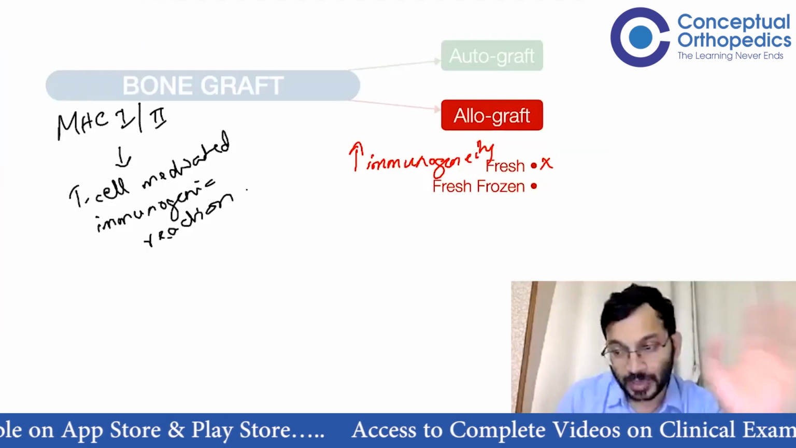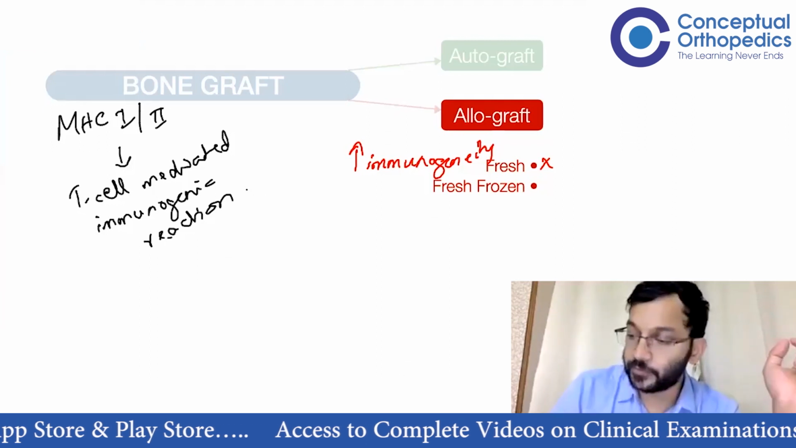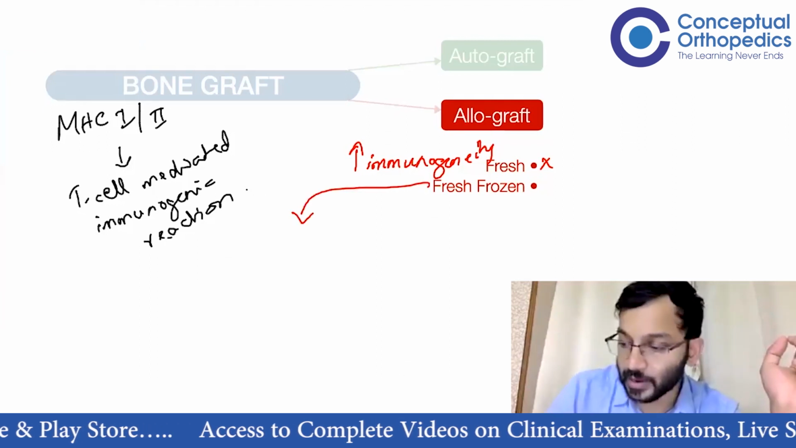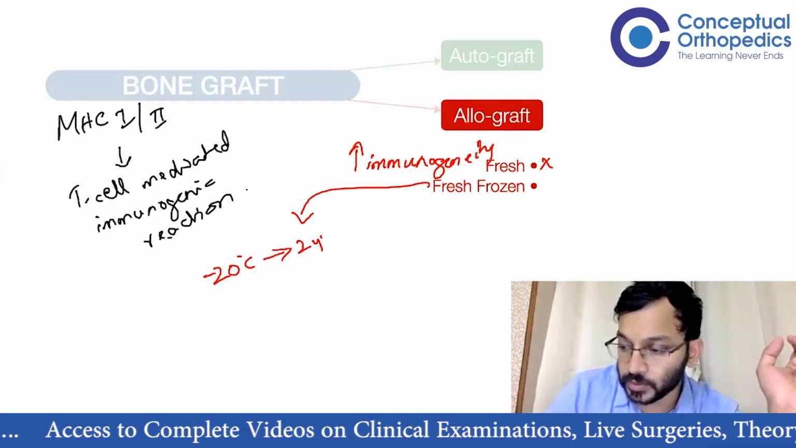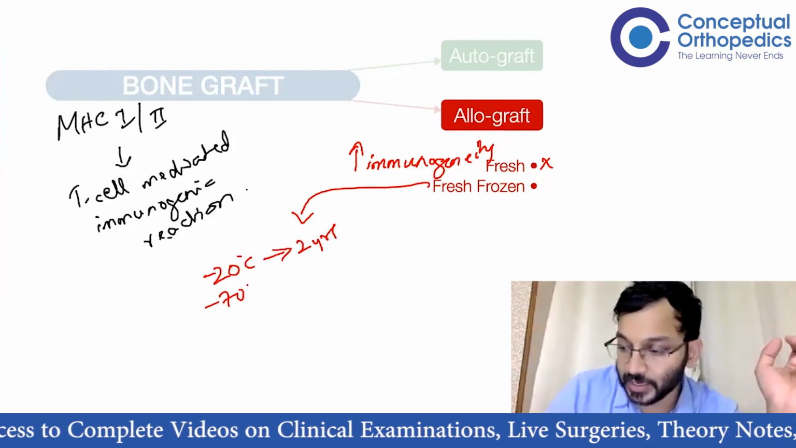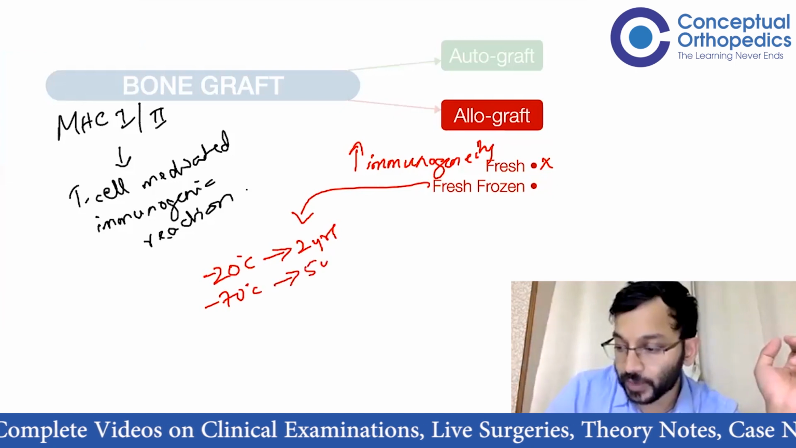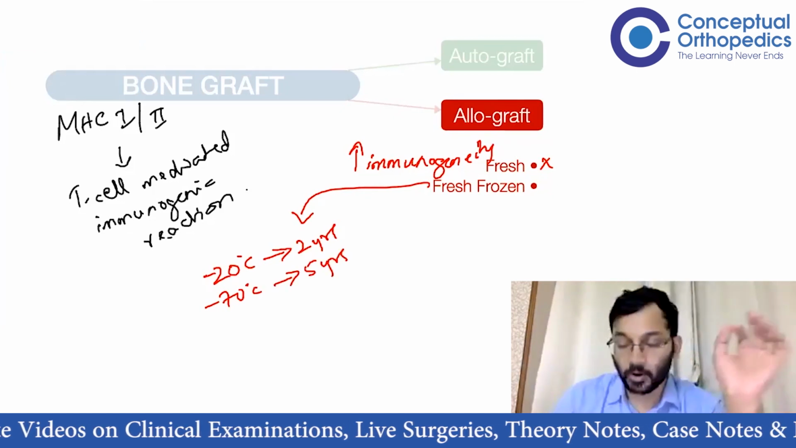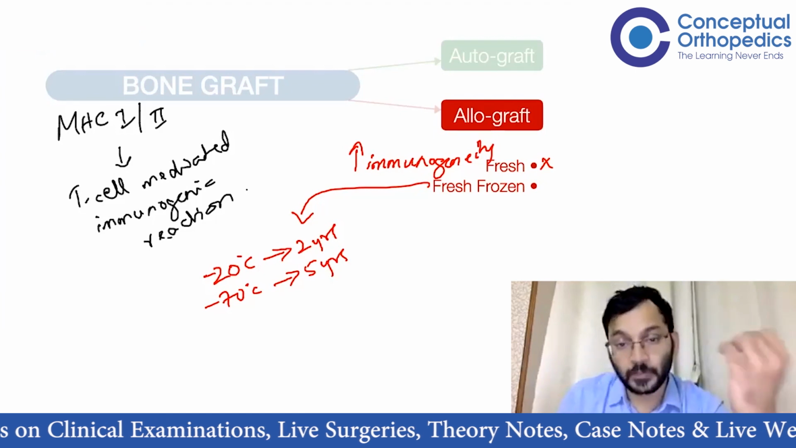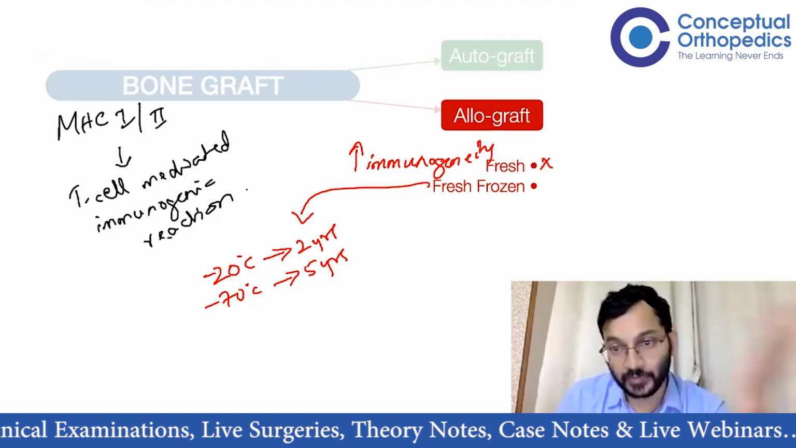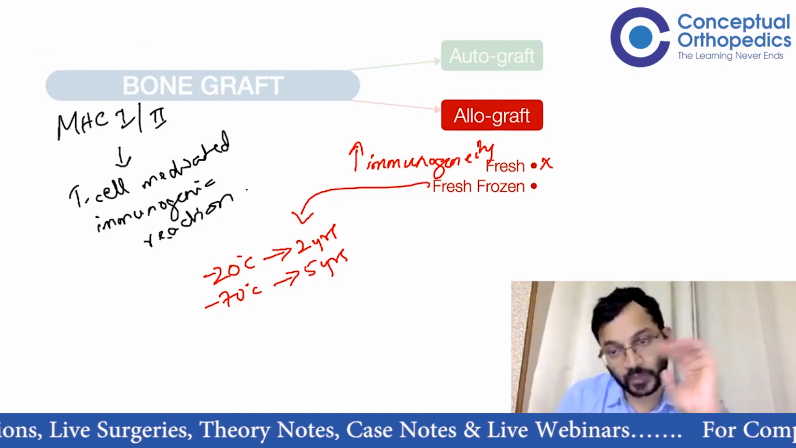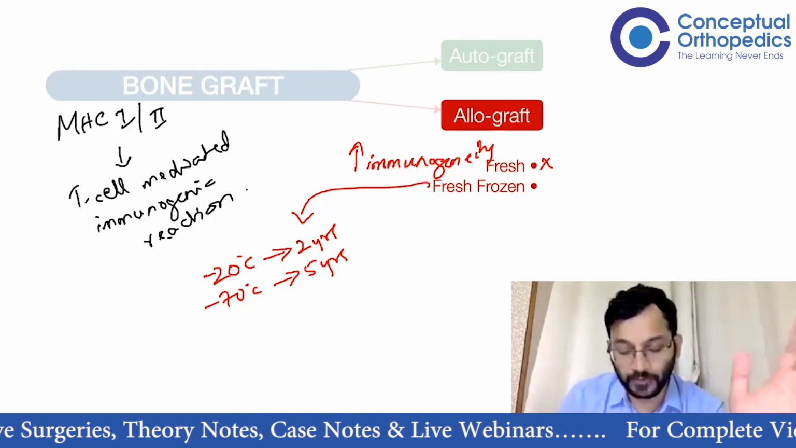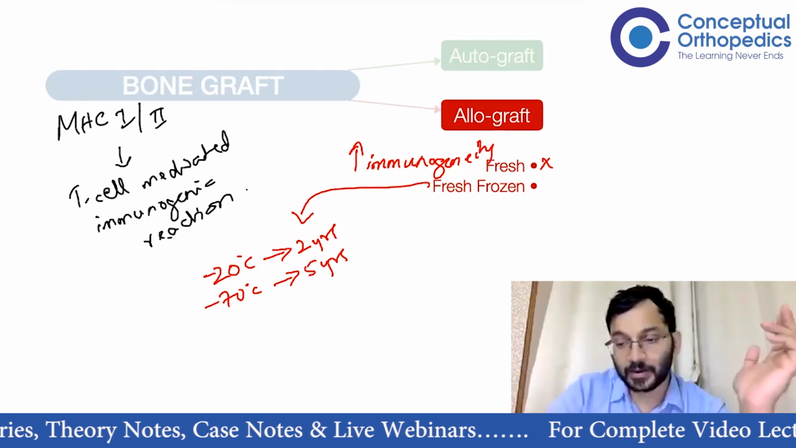So as a rule of thumb, especially for fresh frozen allograft, if you're freezing it at -20 degrees, then you can use it for 2 years, and at -70 degrees, you can use it up to 5 years. They also have immunogenic potential, but it's going to be lesser than what is there in a fresh allograft. Then you have the freeze dried, which is very similar to a fresh frozen allograft. And lastly, you have the demineralized